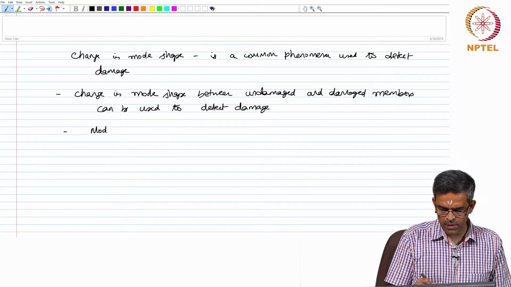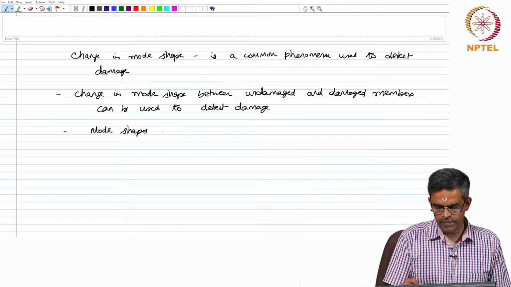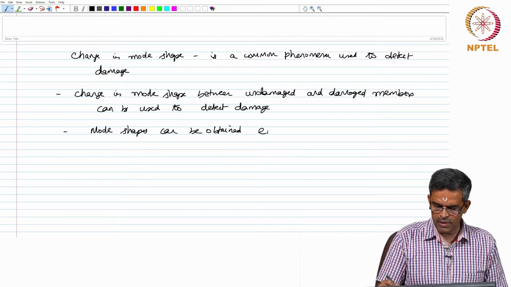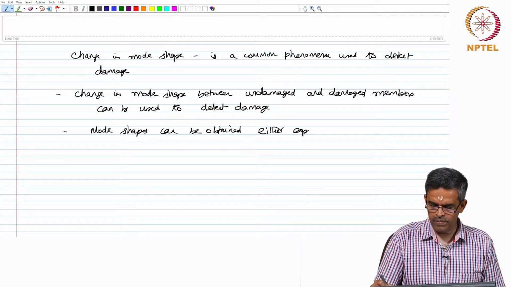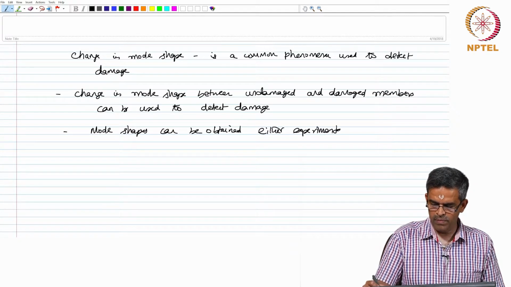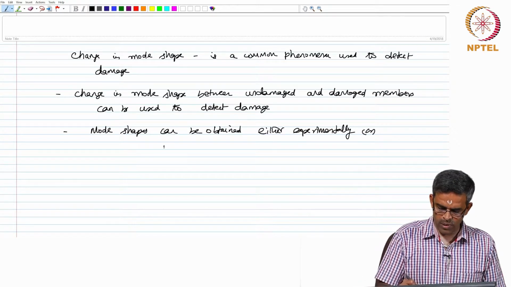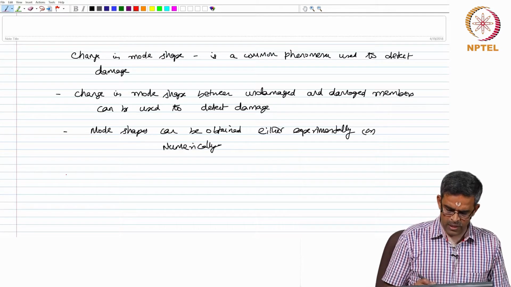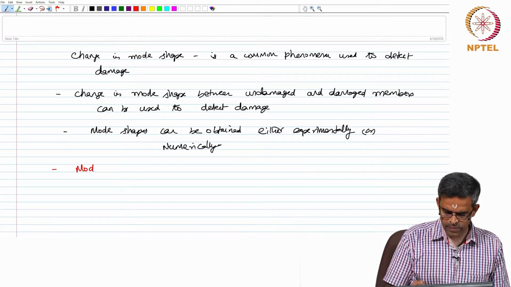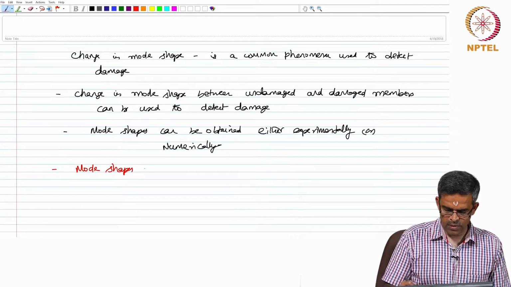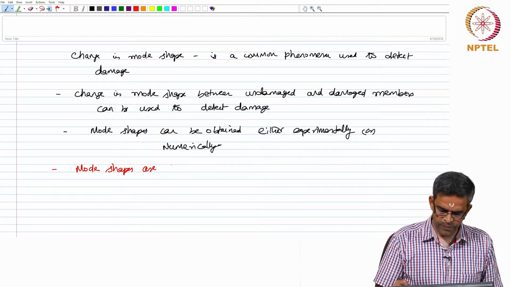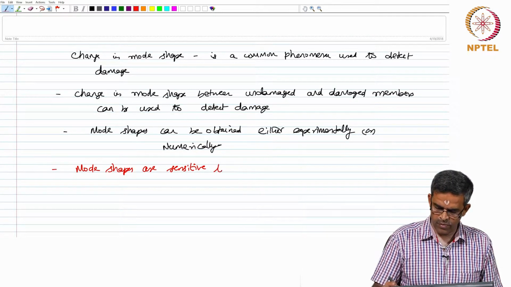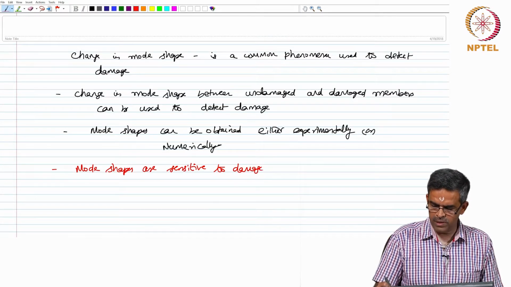Now, mode shapes can be obtained either experimentally or numerically. Very interestingly, one should understand that mode shapes are sensitive to damages